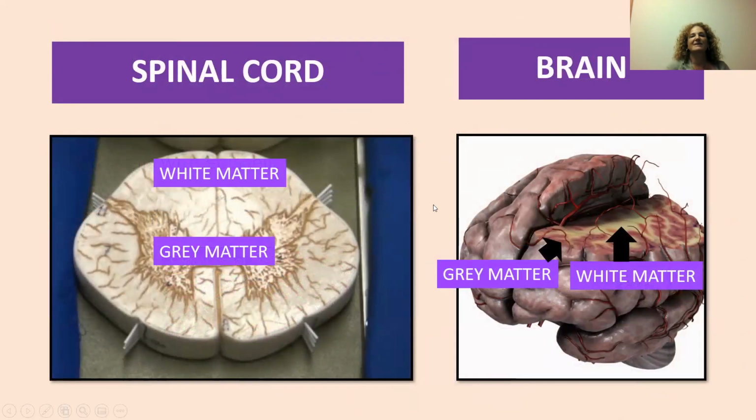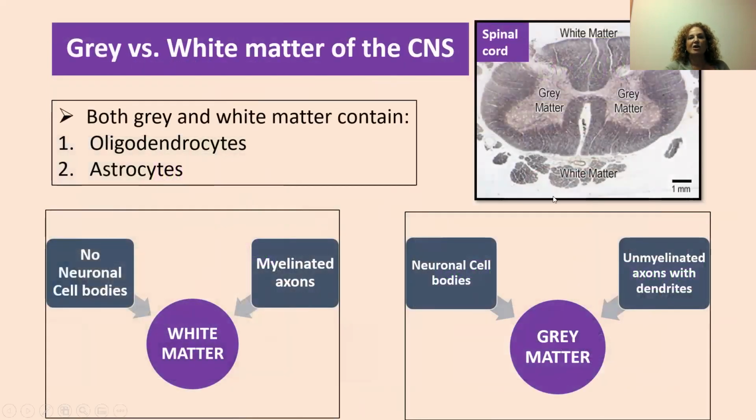Okay, so now let's look at the specific tissues, the spinal cord and the brain. The spinal cord and brain are both made up of gray and white matter. There's only one big difference. In the spinal cord, the gray matter is on the inside and the white matter surrounds it, and in the brain, it is the gray matter that exists on the outside and the white matter on the inside. So here's an example of a spinal cord with the gray matter in the center and the white matter surrounding